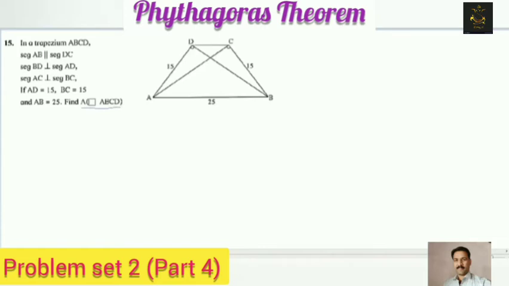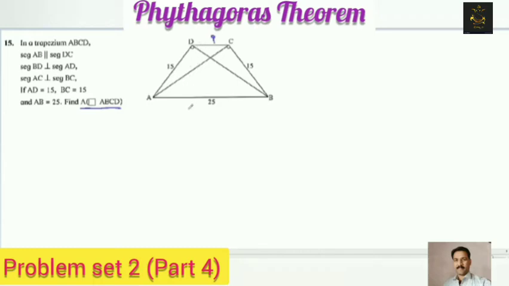Okay friends, now look here. This is one of the very important ones. Very carefully try to observe. This one we have to find. What are we going to do exactly to find the area of this trapezium? To find the area of a trapezium, we first need the parallel sides. But we know AB, we don't know this DC. That means we have to find DC first. After that, we need one perpendicular height.